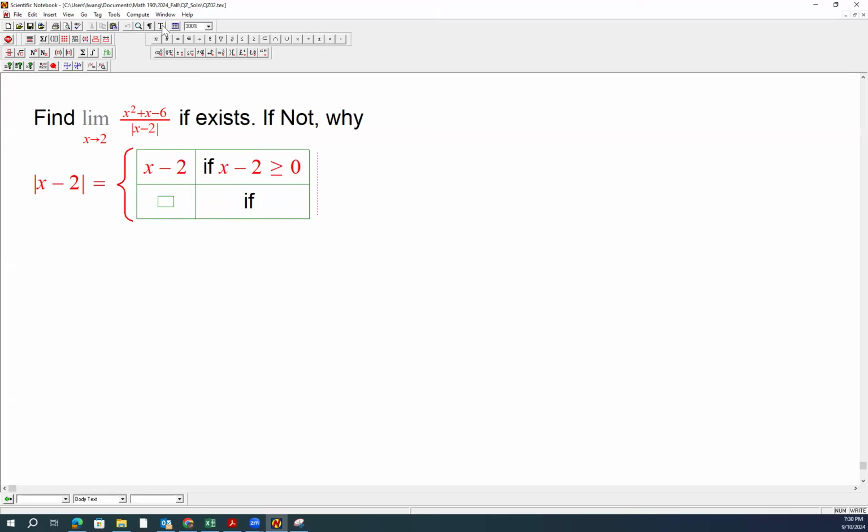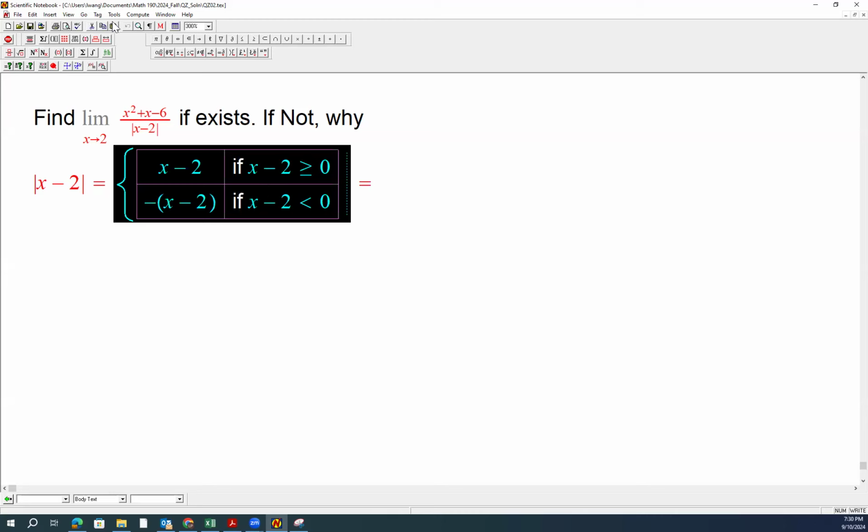If x minus 2 is negative, then the absolute value of a negative number is its opposite. So we got these. Okay. And if you like to write in another form,